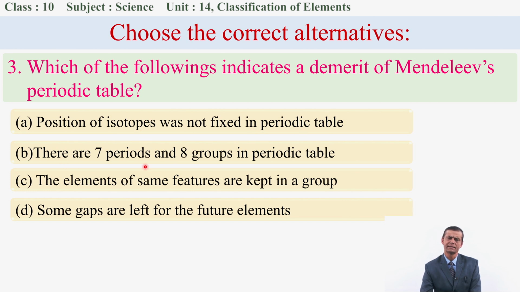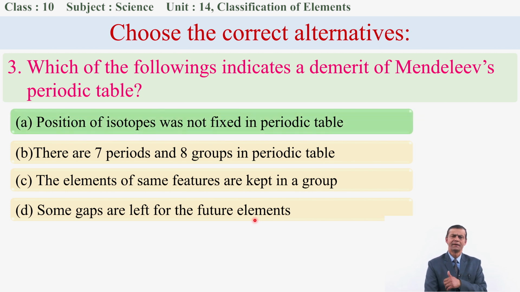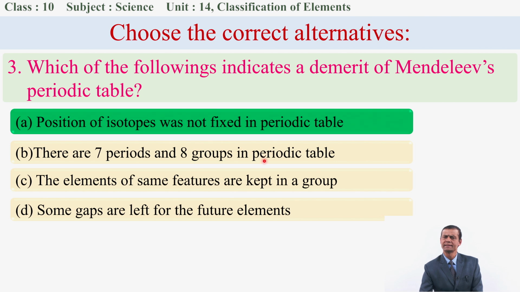Second is there are 7 periods and 8 groups in the periodic table. Third one is the elements of the same features are kept in a group. The last one is some gaps are left for the future element. Did you find the demerit of the Mendeleev periodic table? Sure, let's check it. Position of isotopes was not fixed in the periodic table, that is Mendeleev's periodic table, which